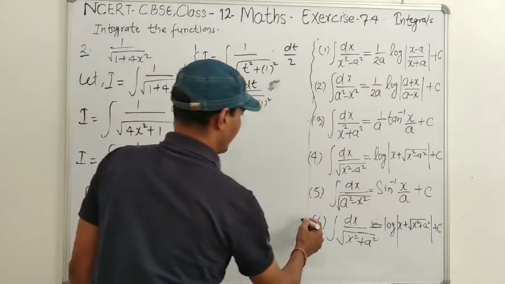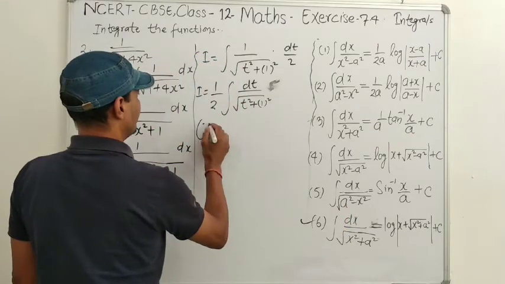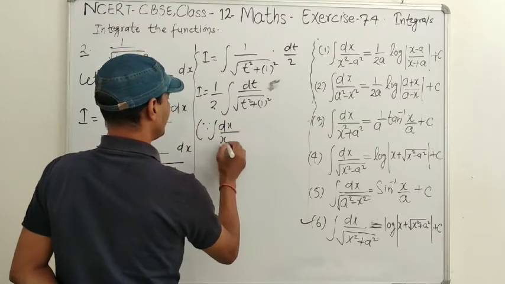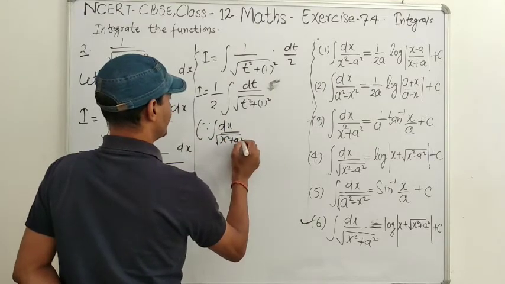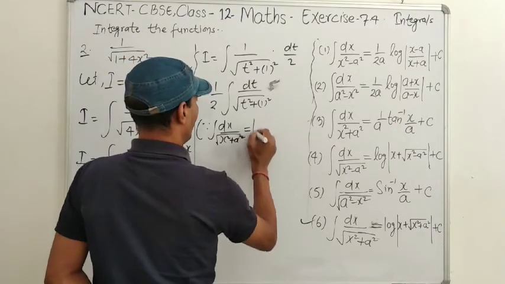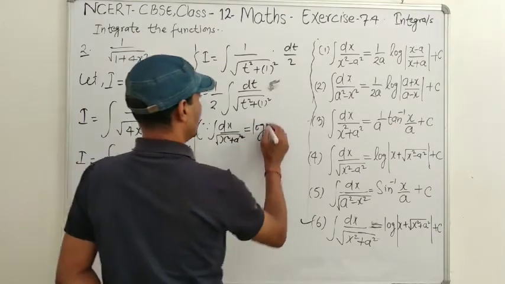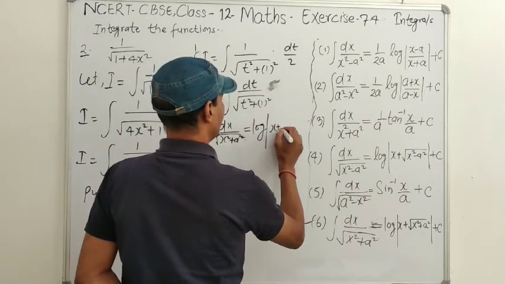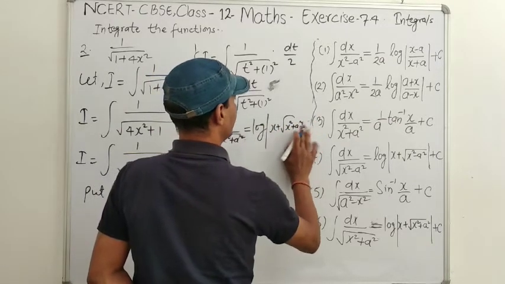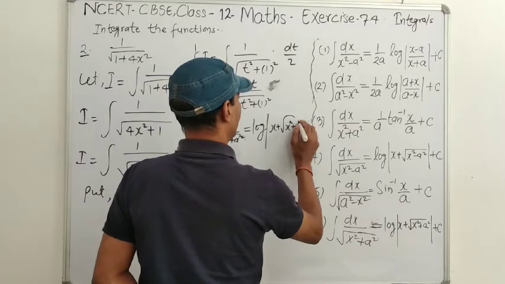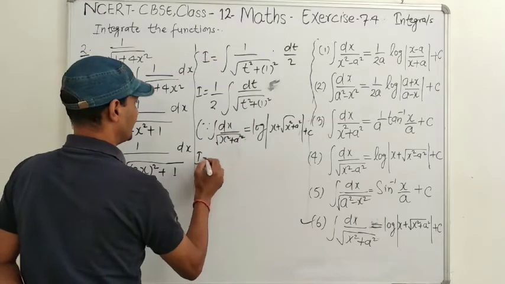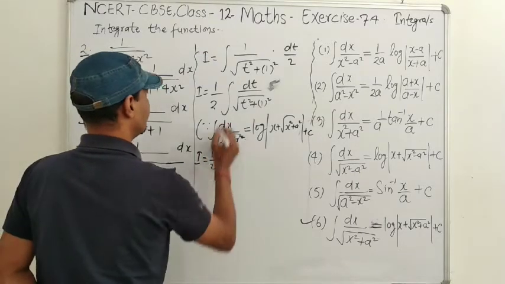So this formula will apply here, because integration of dx by root over x square plus a square equals log of x plus root over x square plus a square plus c. Then I equal to this 1 by 2 log of